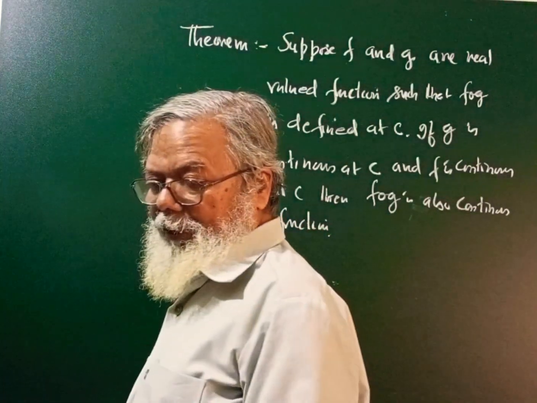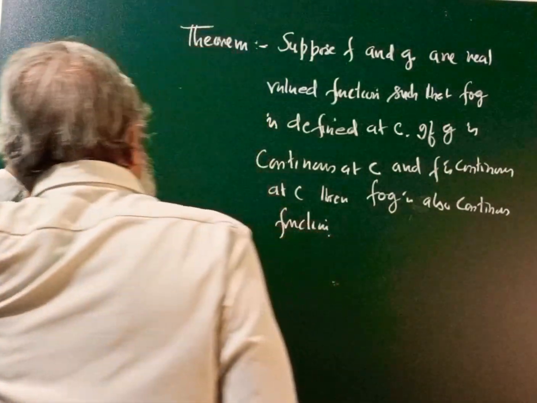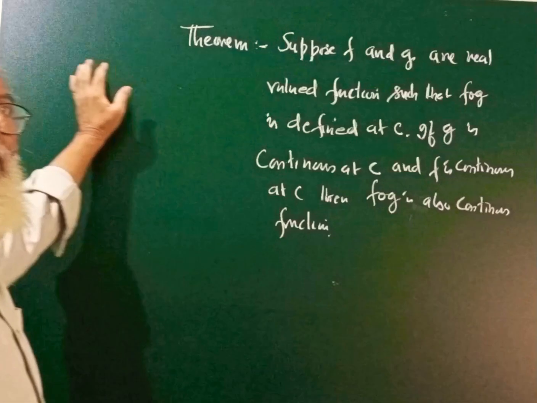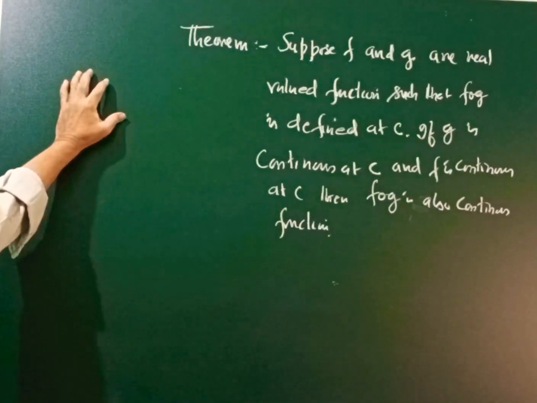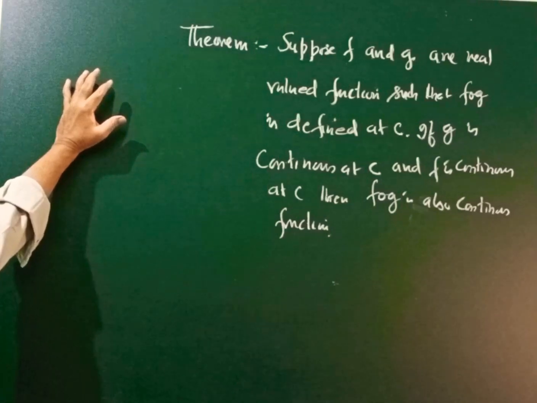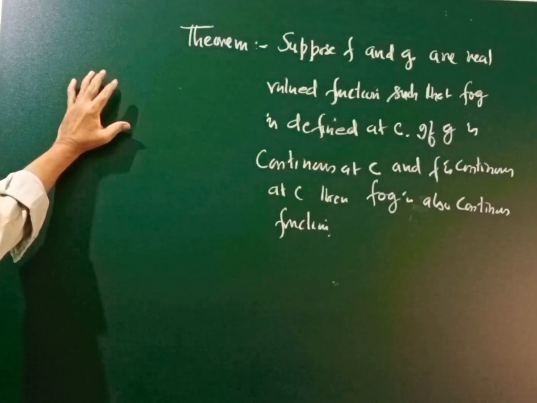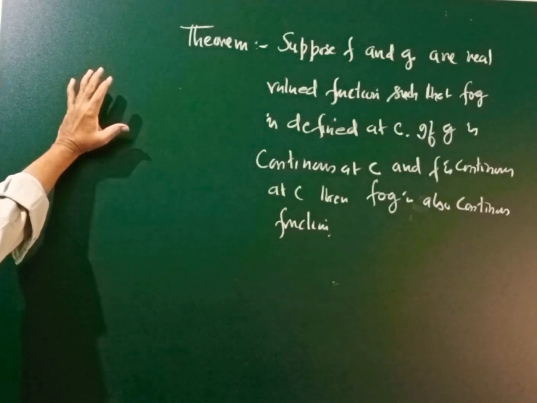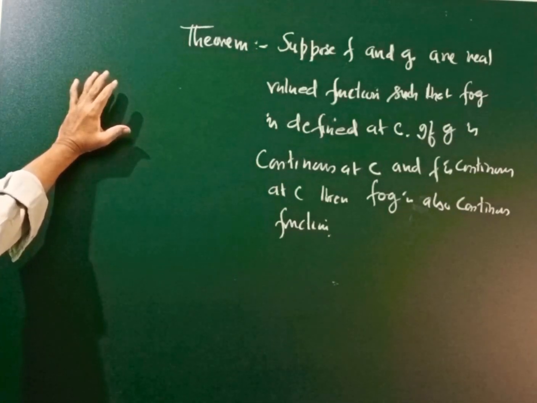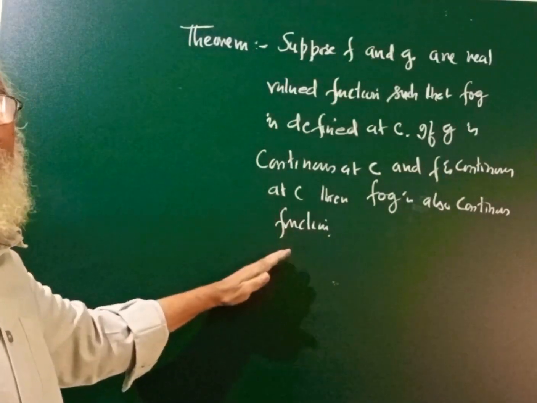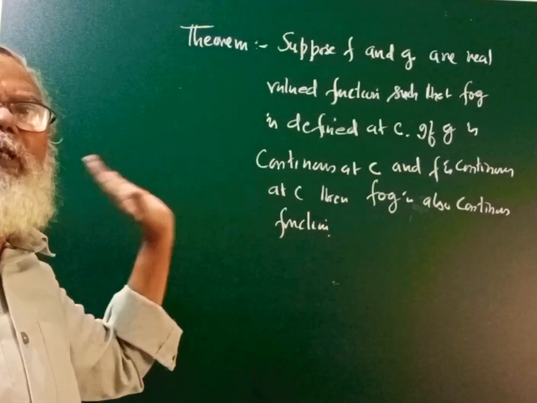That means here, we have two continuous functions f and g at a particular point x is equal to C, or at a particular range suppose. Then it is the behavior of continuous functions that their composition f composition g must also be continuous at that point. That is the theorem. Now the proof of this is beyond this class. So here we only make use of this theorem.